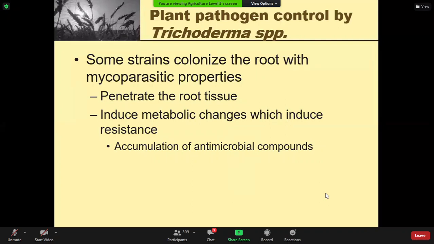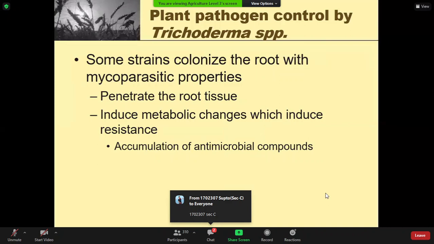These beneficial microbes will induce some metabolic changes in the plant. And what changes occur in the plant when they come in contact with the beneficial fungus? Some reactions will be started,